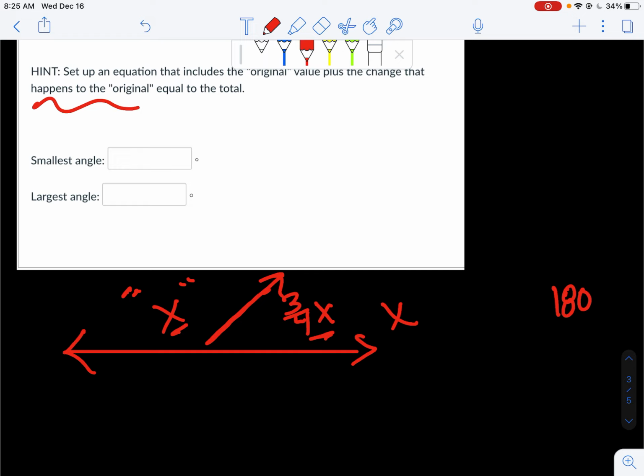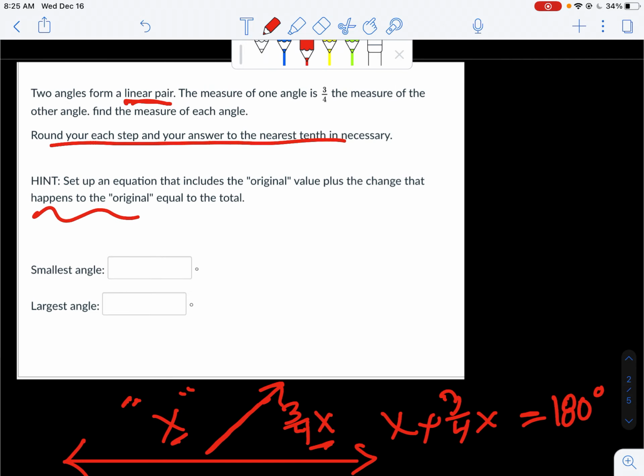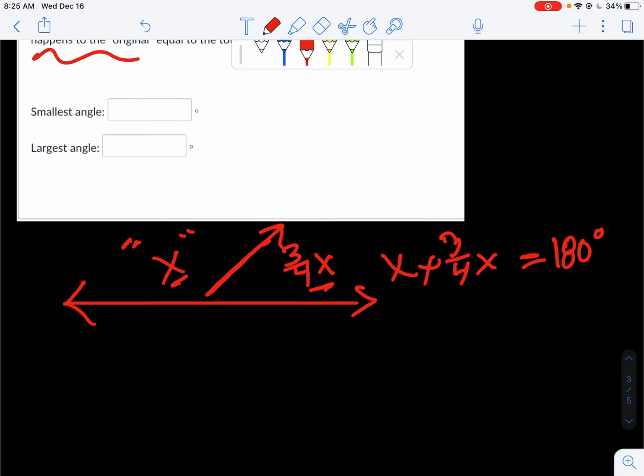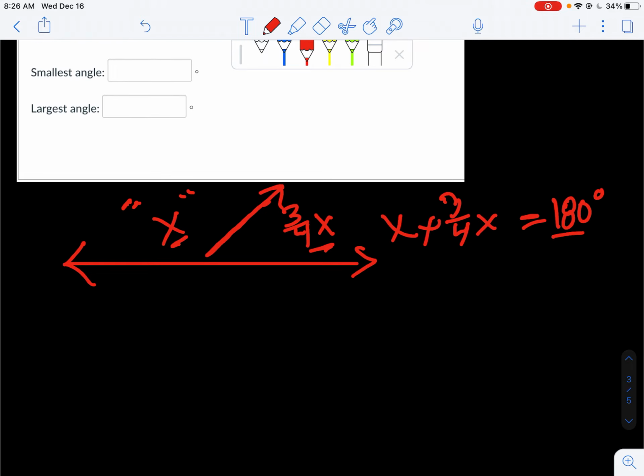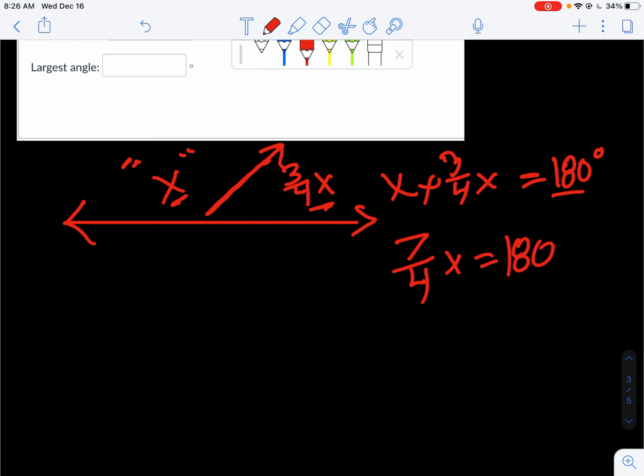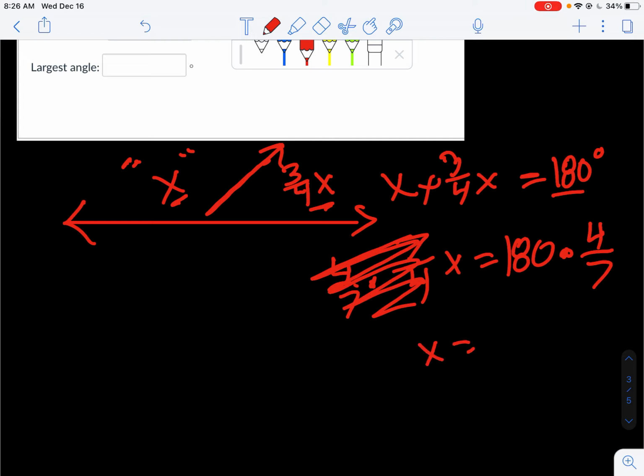So then what we want to do is we know that the original plus whatever that change is will give us 180 degrees. And that's because they told us we have a linear pair. So that's where we do have to pay attention to that, and we can assume that 180 degrees. Now all we're doing is solving for x. So x plus 3/4 of x would give us 7/4 of x. Now to get rid of the fraction, we multiply by the reciprocal to both sides, so we can get rid of it here. X equals 180 times 4 divided by 7 will give me